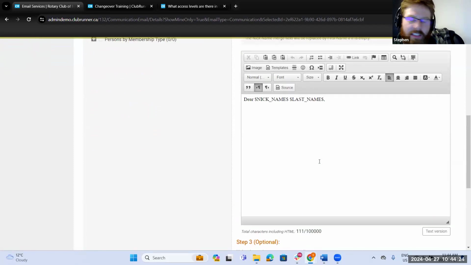And essentially it's just like a placeholder field. So basically information from their member profile is going to be pulled into those placeholders. Again, you can change these. This is just the one that auto-populates, but you can change it wherever you want. But you do have different